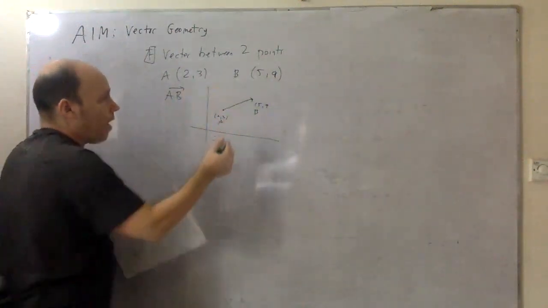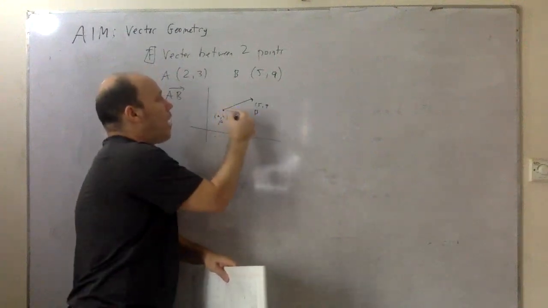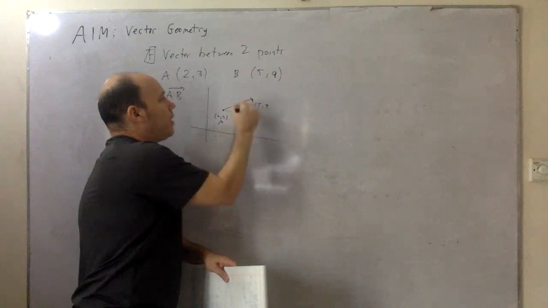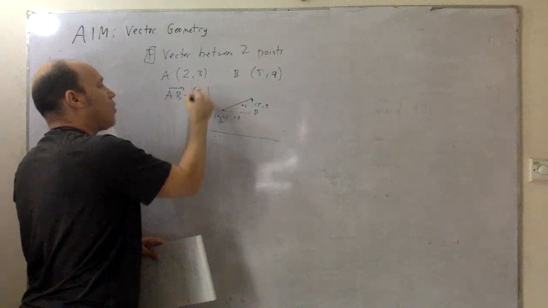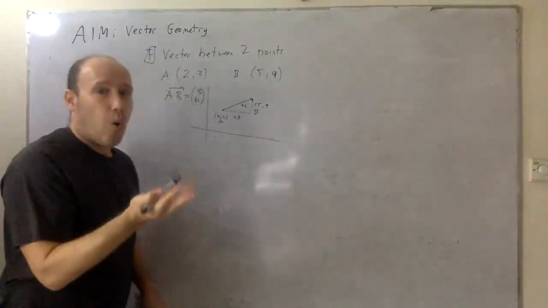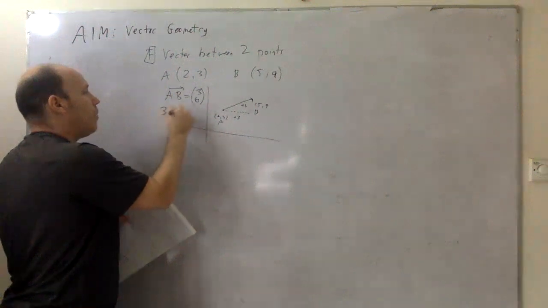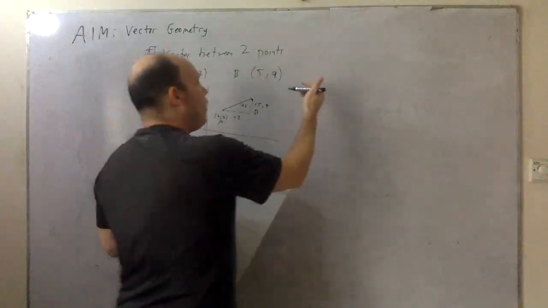You can just visually look at it. The change in x is 3. The change in y is 6. So AB is the vector (3, 6). Or, as we learned in the last unit, you could write this as 3i plus 6j. Now, the strict form,